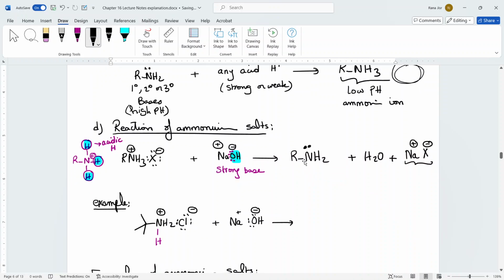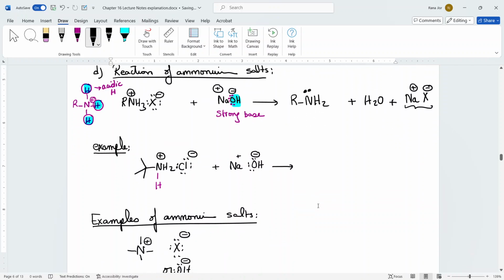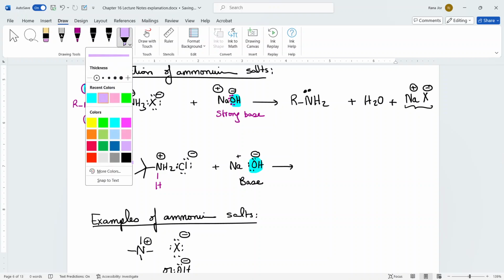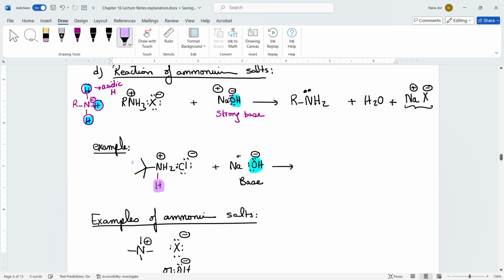Okay. The nitrogen here, notice that when the base comes and takes the hydrogen, the electrons of this bond, they add to the nitrogen. And this is why I have the lone pairs. The nitrogen now changes from a positive charge to a zero charge. Let's have another example. So choose always the basic part. So that is going to be my base. And that base is going to come and take the acidic hydrogen in there.